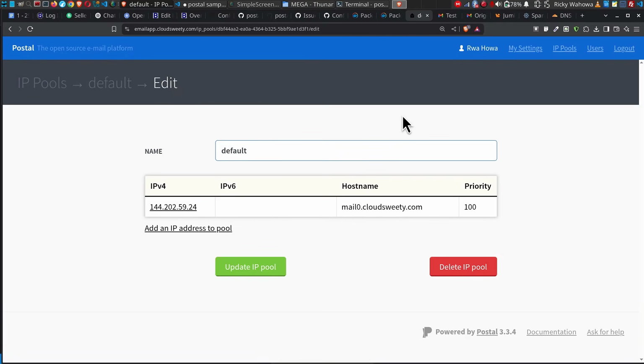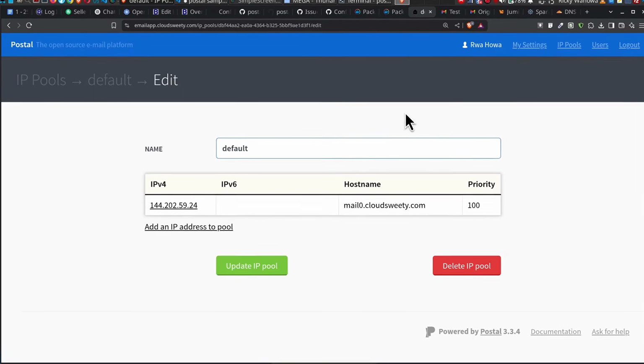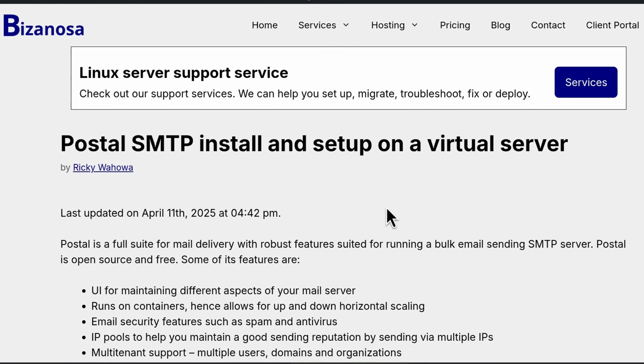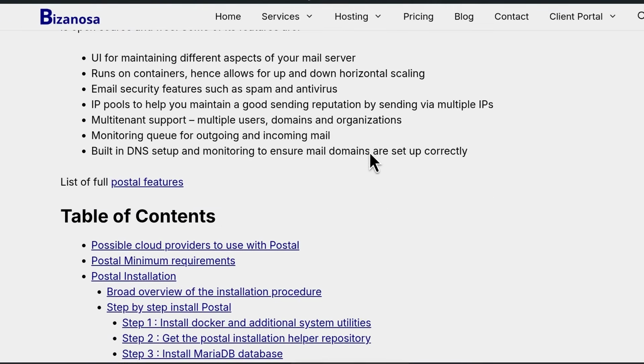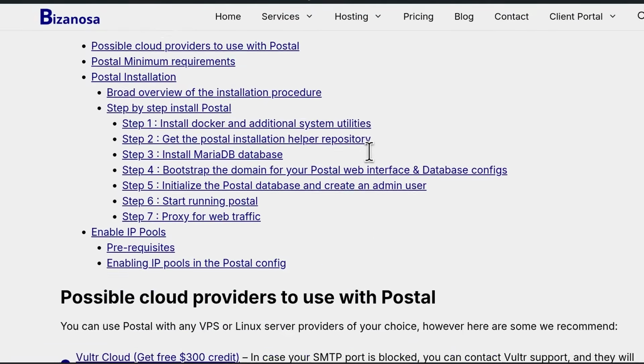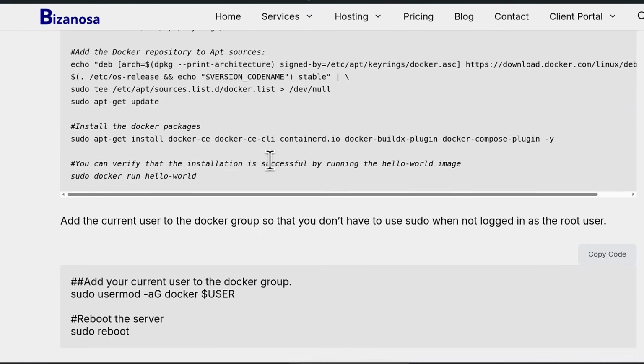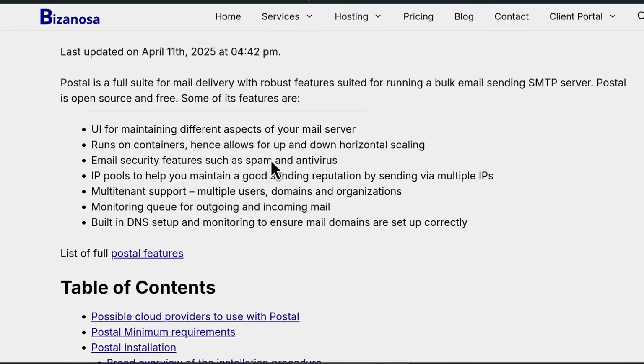So the next part, I want to talk about the tools I'm going to use and what you're going to need as well. So here is a list of what I'll be using in this tutorial, and you can use what I'm using, or I'll tell you alternatives. First of all, I have this post already written. I'll put the link in the description. This is just to help me install Postal. So if you follow along with this on your own, you're probably going to get lost. So make sure you watch every step of the video.